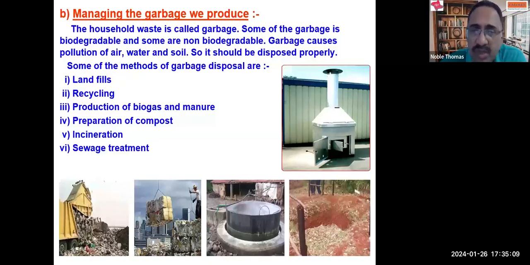Preparation of compost. Yes, that is another method of decomposing the waste material. This can be very easily done at home. If we are segregating the waste into different components, then the biodegradable waste should not contain cooked food. Cooked food normally contains salt in it, right? That can kill all the microbes. So without using that, you can go for the agricultural waste or any such kinds of waste which can be decomposed by living organisms, and then we can go for compost making.